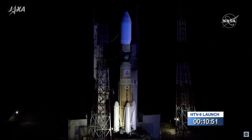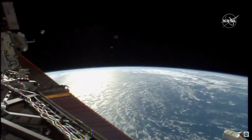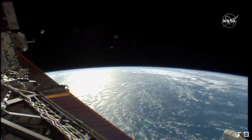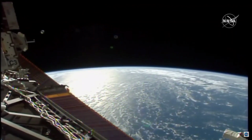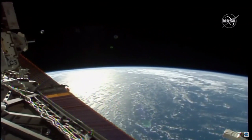This is our final go or no-go decision. And as launch controllers in Tanegashima count down the final 10.5 minutes until liftoff, this view from an external